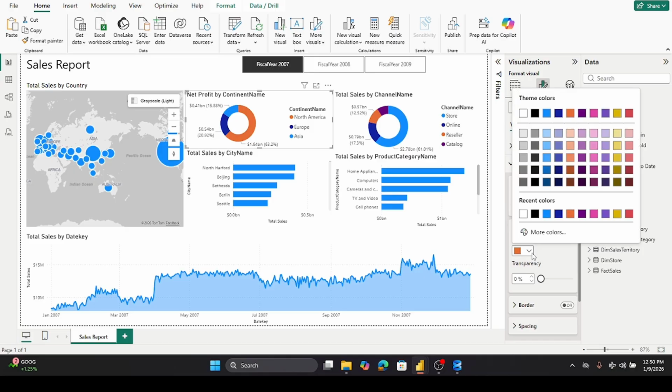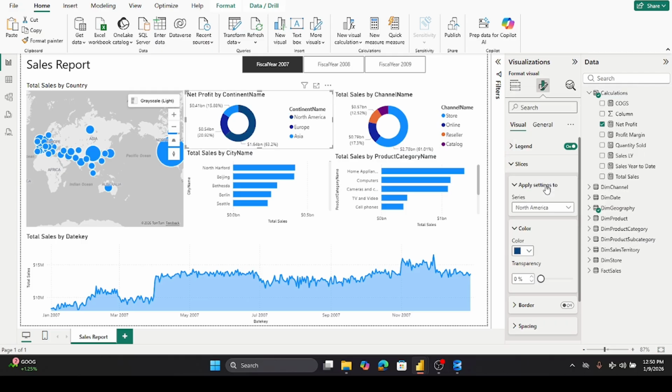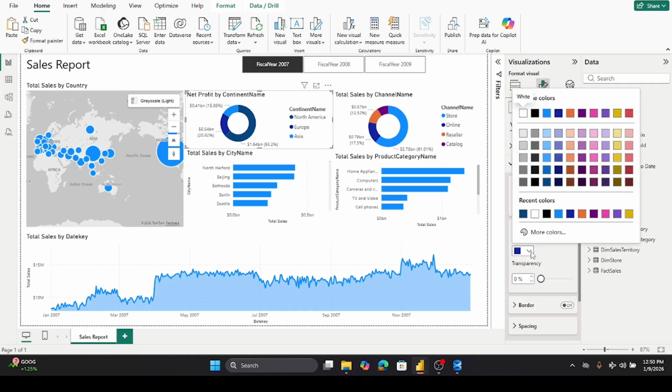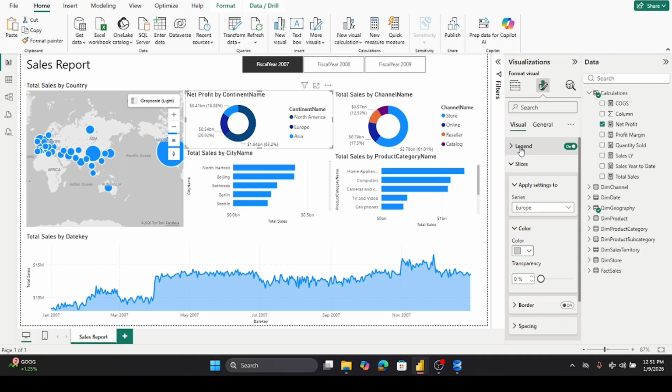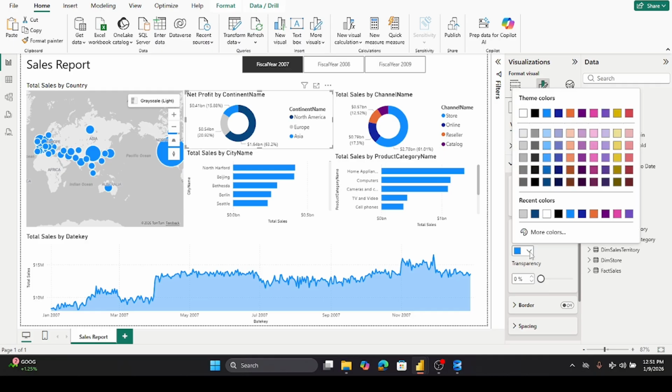North America, we will use, and for Europe, we will use, and for Asia,